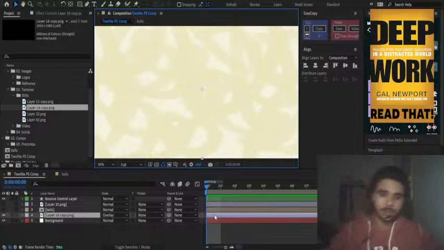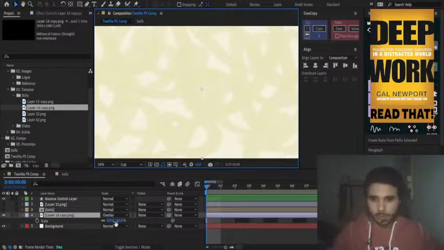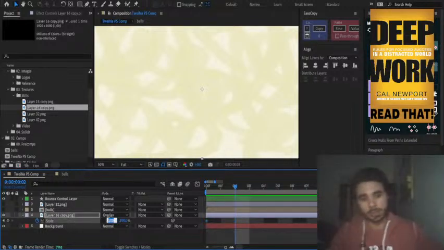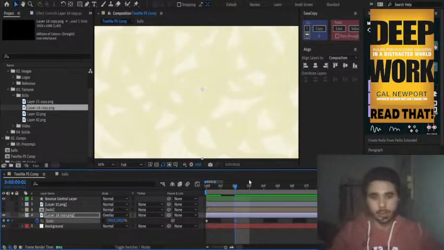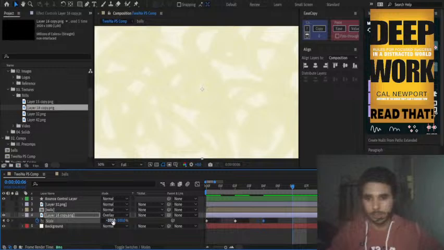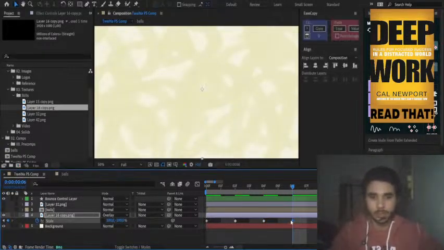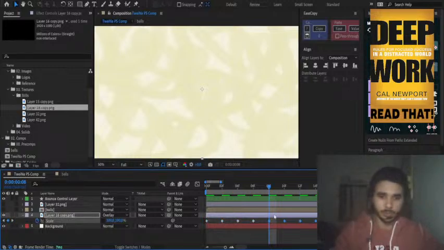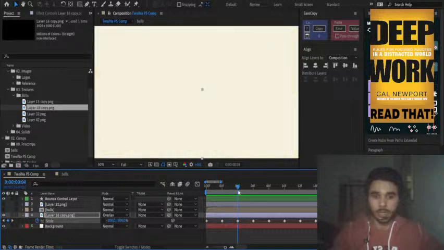So what I did last time, I went onto the scale, and every 4 frames, I animated it like this. This is a -100, and then I went in here, and this is also a -100, and then I went here, and this is 100, right? And then that's it, and then the loop repeats, and then you go here, you copy this, you paste it, and then these 5 frames you just repeat them. Go in here and go in here, and there you have it. That looks insane.